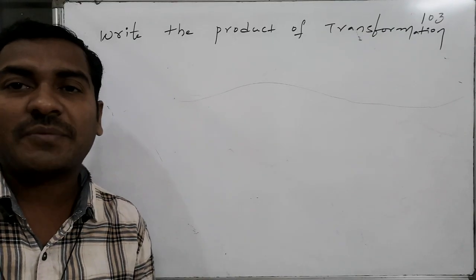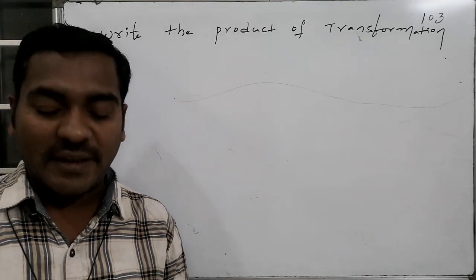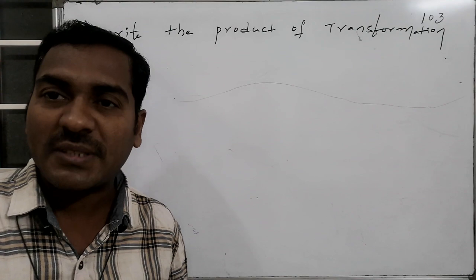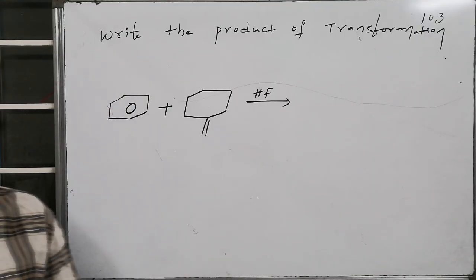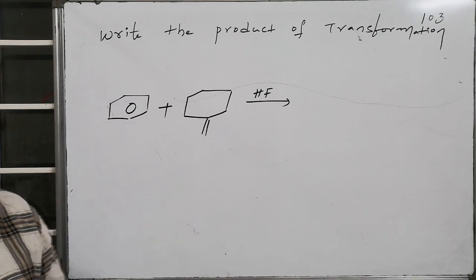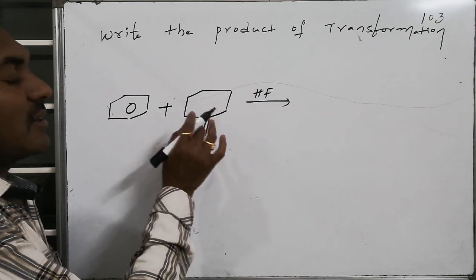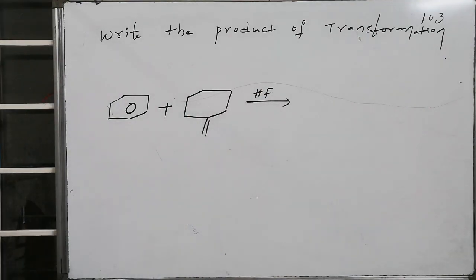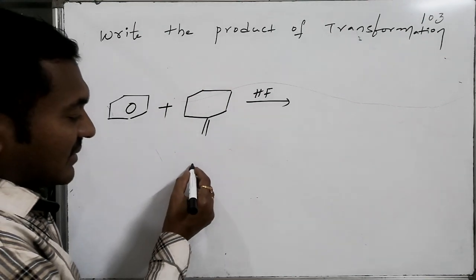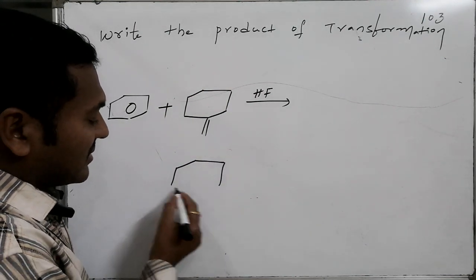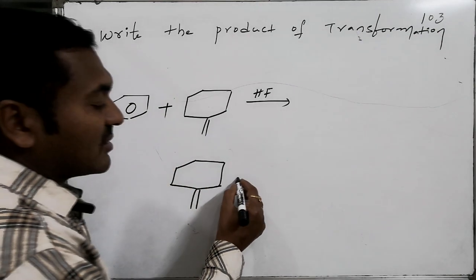Write the product of the transformation, that is the product of the reaction, for the set of reactions consisting of reagents, and step C is provided for us here. That reaction is associated with the reagents and reactants: benzene followed by exocyclohexene followed by HF. Whereas in this reaction, our unsaturated system, that is exocyclohexene, on reaction with the acid, that